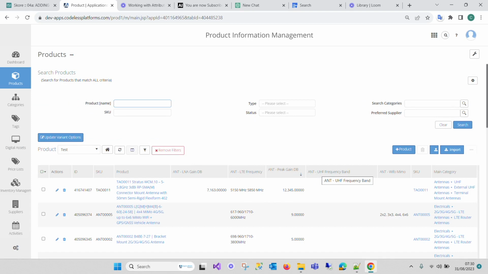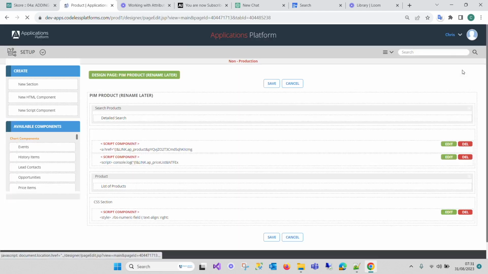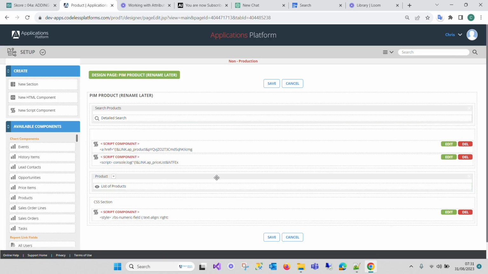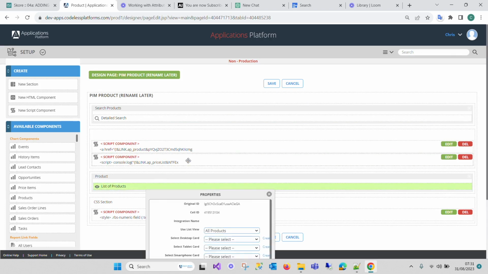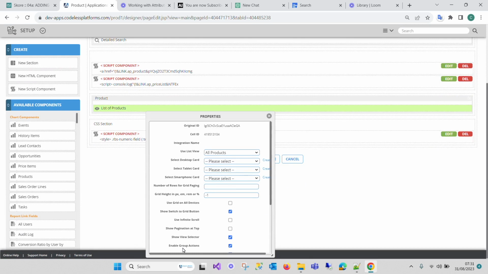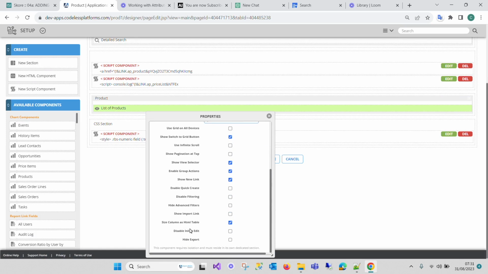You can also choose to disable the inline editing option for the entire list view in the grid. This again is for administrators. Just go to the designer page option. You go down to your grid, which is this list of products, and in some instances, if we look at this, we've got disable inline edit. So this is basically, if you switch it on, it won't allow it for the row,